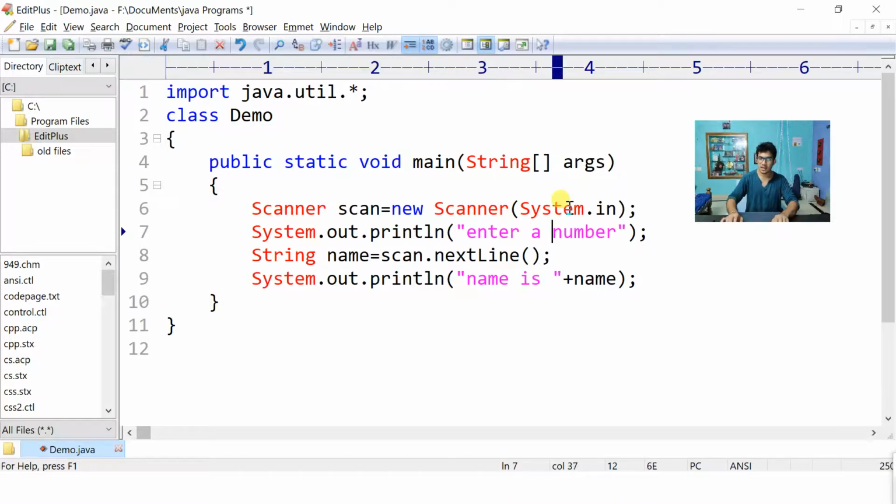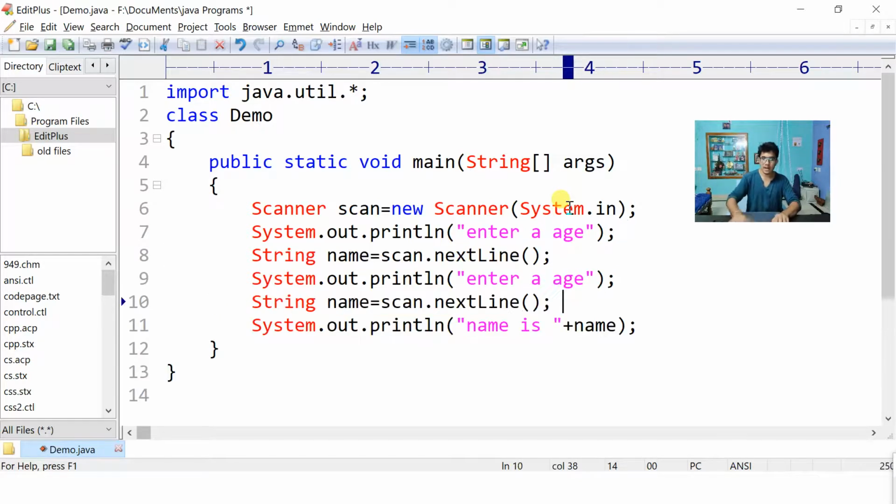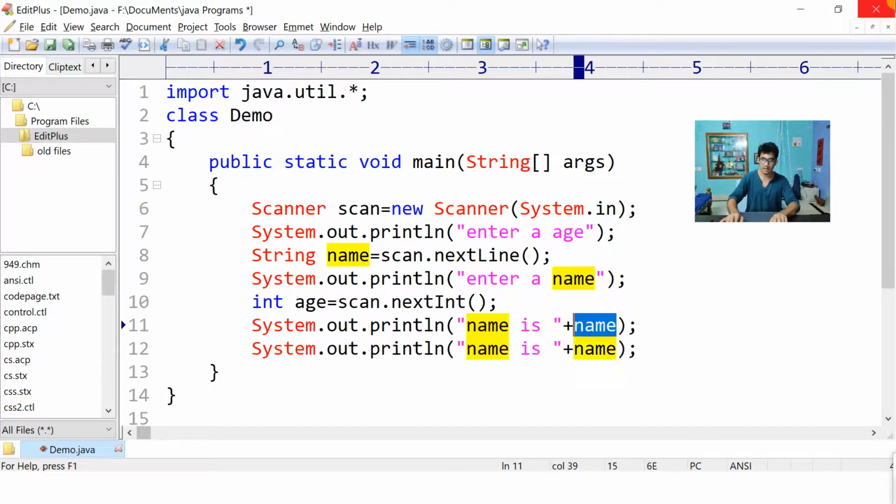So I'll tell enter age, and next I'll tell enter a name. Name will be taken by next line, and I'll tell age will be taken by next int. Age is a variable of the integer type. So name is name, and age is age.